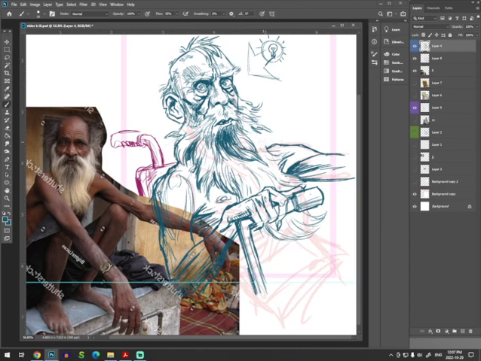Sometimes, when I flip my stylus over to the eraser side, Photoshop doesn't erase. Oh, I'm going to have to finesse this beard a bit. I am. And then maybe